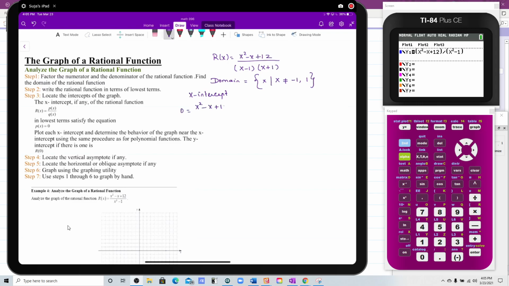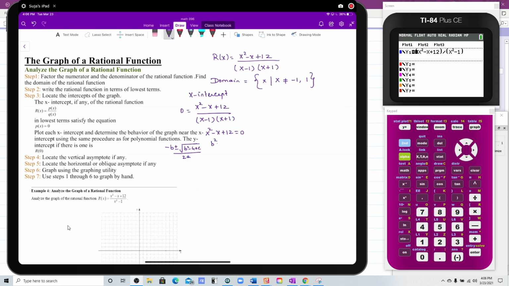and solve for x. So if I cross multiply, this would become x squared minus x plus 12 equal to 0. Now I know that I cannot factor this, but I need to figure out if I will get any real zeros. So let me do a quick check. I'm thinking of the quadratic formula: negative b plus or minus the square root of